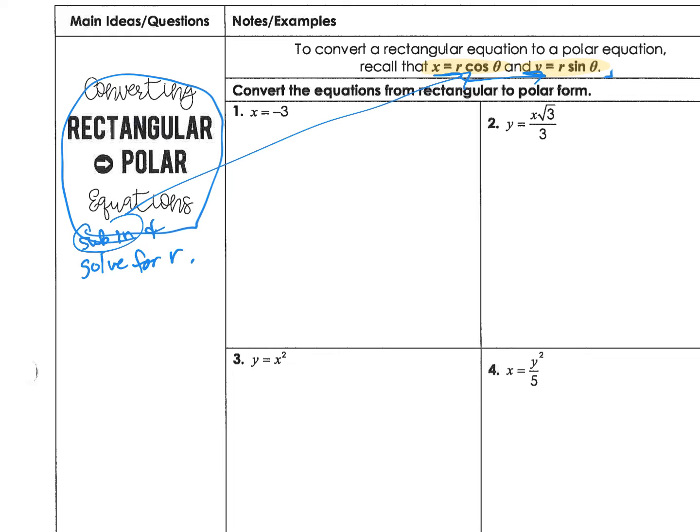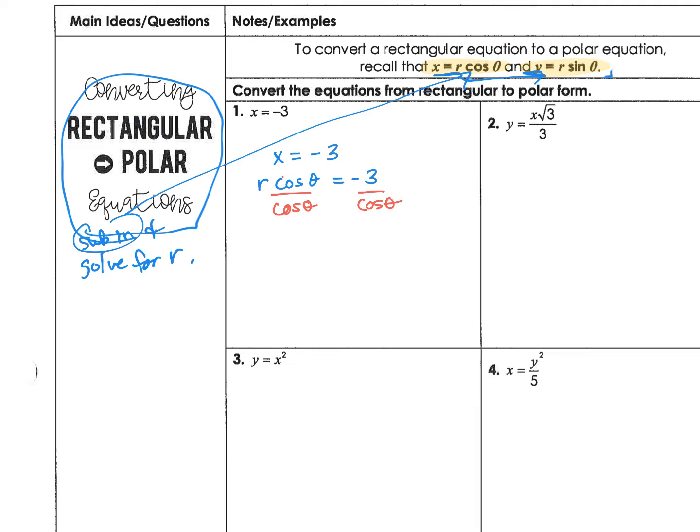So x equals negative 3. X equals negative 3. So what is x equal to? R cosine theta equals negative 3. So now I need to solve for r. Just divide both sides by